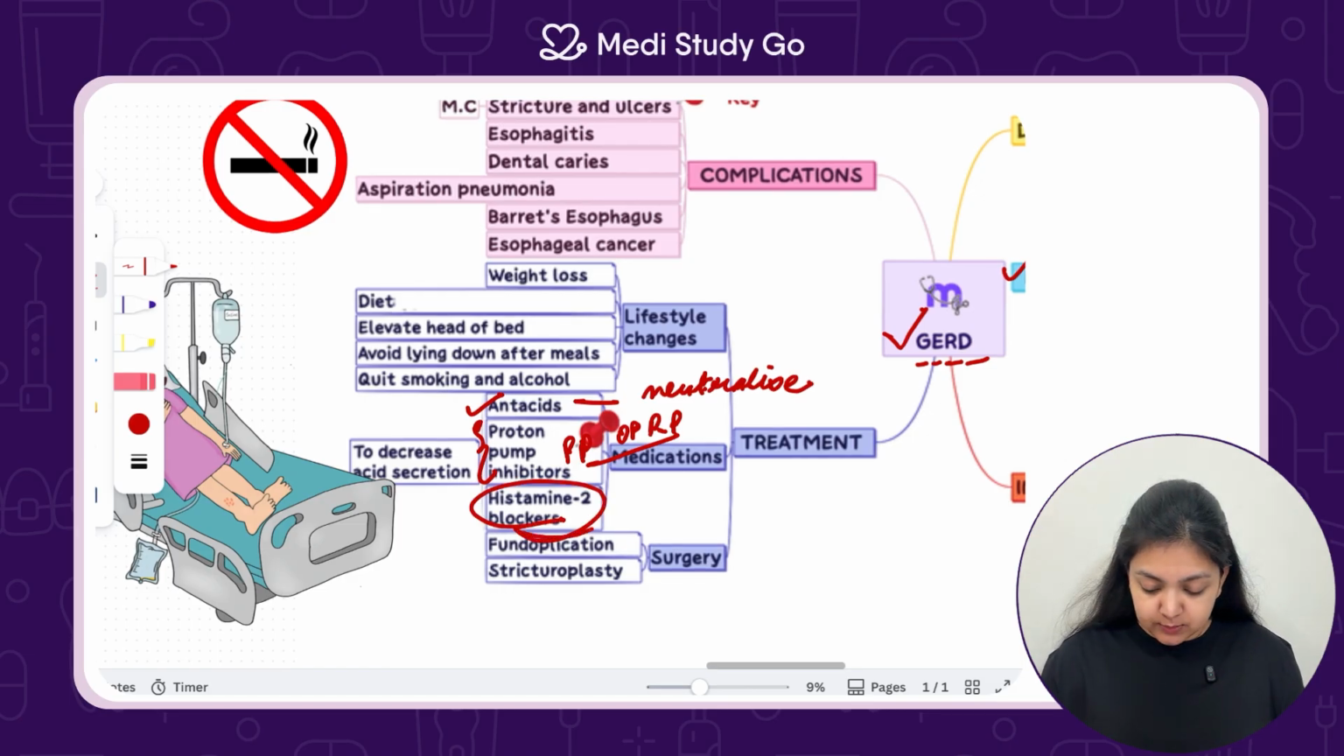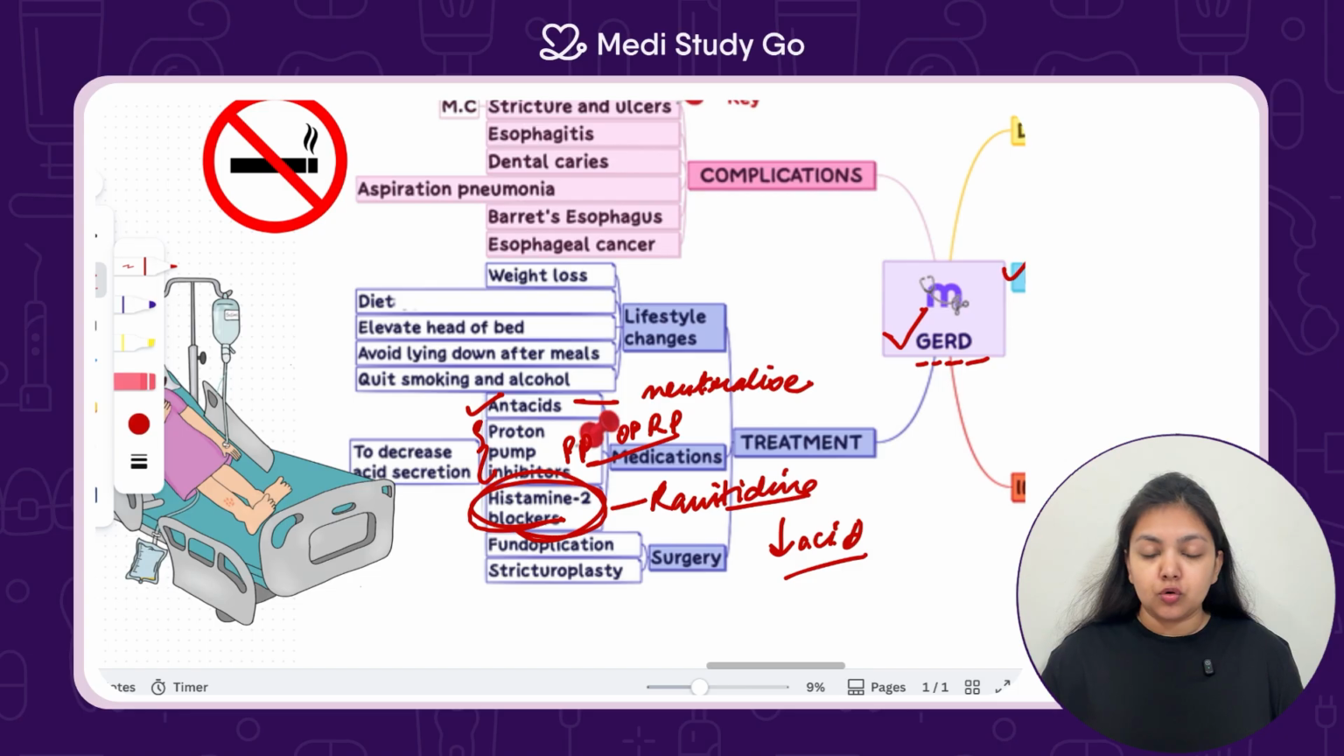Next, we can use histamine blockers like ranitidine because that also does the same effect and decreases the acid. So the role of treating GERD, the main part is to decrease the acid or to nullify the acid. To nullify the acid, we give antacids, and to decrease the acid, we can give a combination of H2 blockers